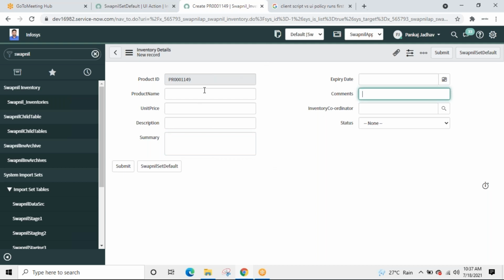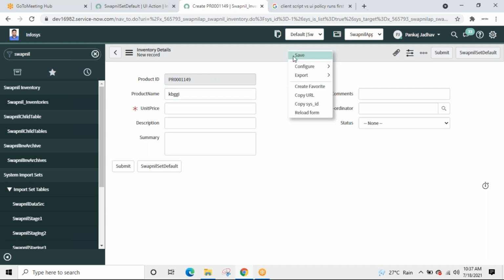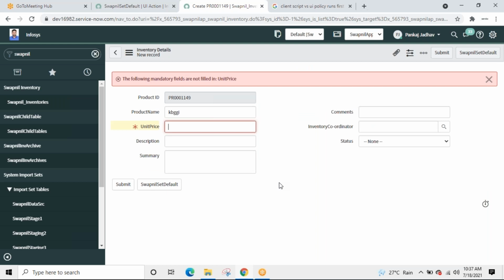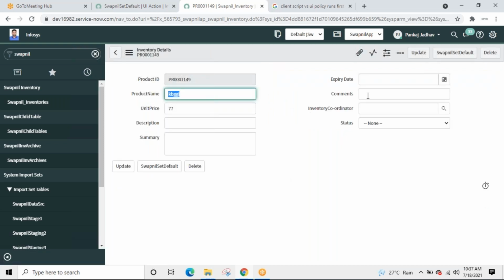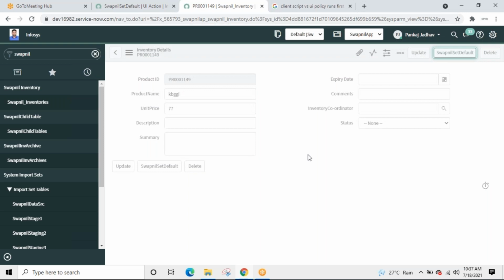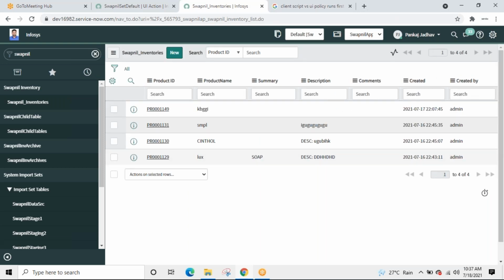So it should not submit. And it is submitting. Okay. What went wrong?